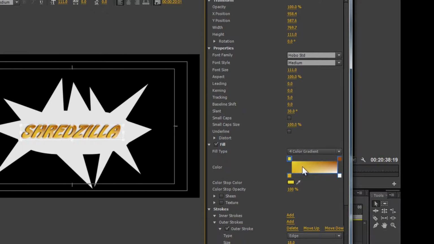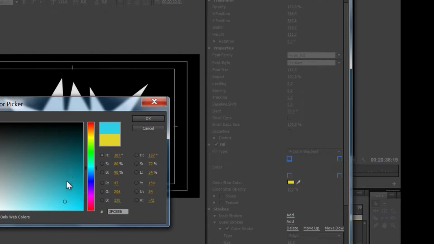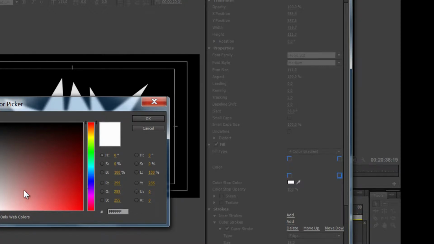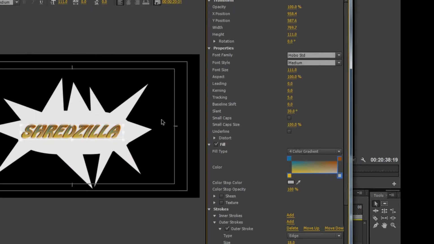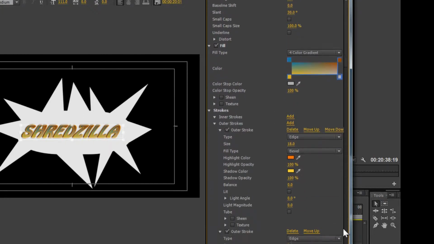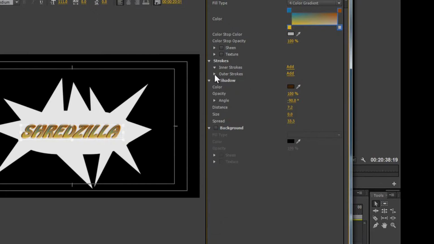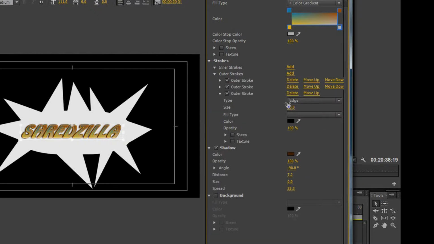And if you don't like the color, you can always change it. Let's see if we can change it to more of a SolidBox color scheme. There, it gives it a little tint of the SolidBox colors. And then if we continue going down, we have all kinds of other features that we can add to this text, which even though it is a text saying words, it's still an object according to Premiere Pro. So if we want to add a stroke, we can do that just by clicking Add, and we can increase the size. Looks like there's one here already. Add a little bigger stroke, make that